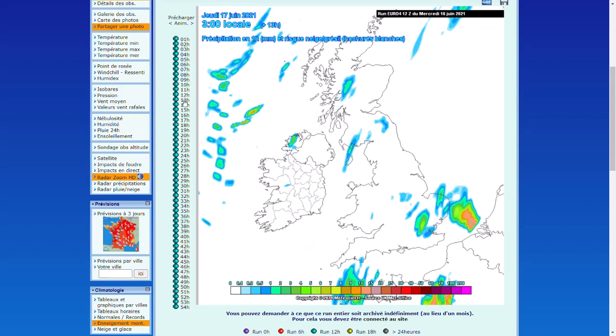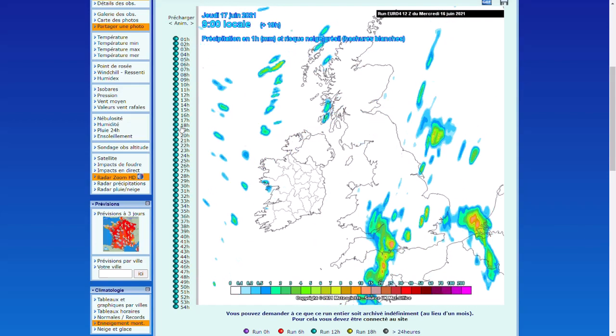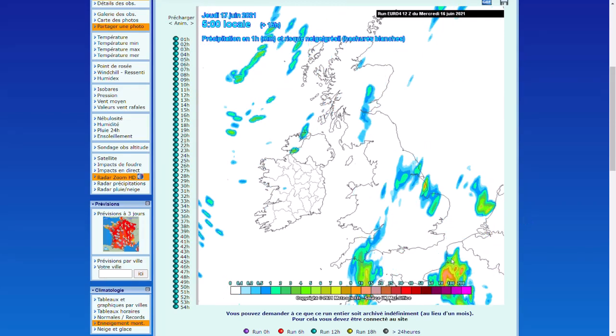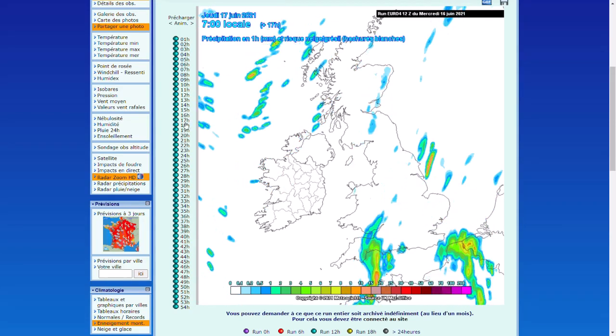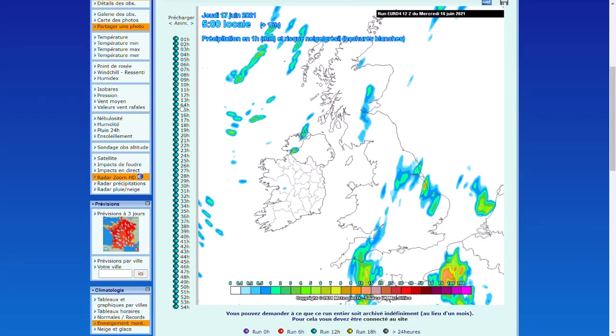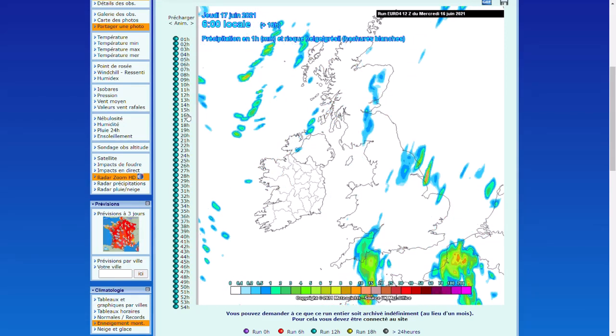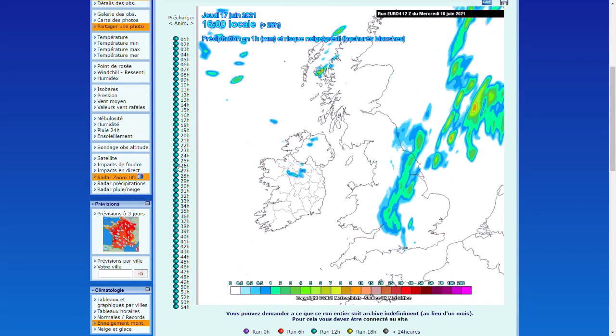And then we see that second wave of storms moving through tomorrow morning into lunchtime, in eastern areas, but also in central and western areas. Again, Euro 4 is showing even some pop-up storms through tomorrow morning. So even though you may not be within these sort of mass areas of storms, there are pop-up storms forming in the northeast, perhaps clipping parts of Kent, as that second sort of wave of storms moves